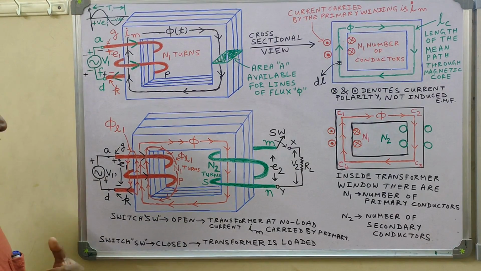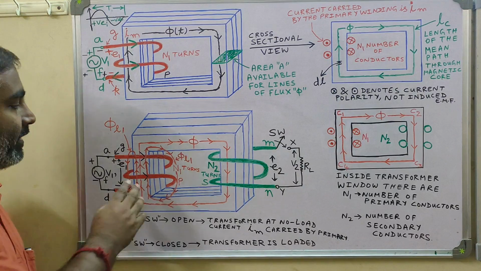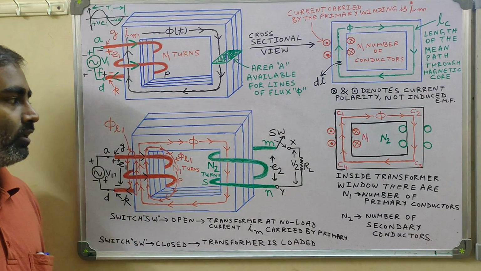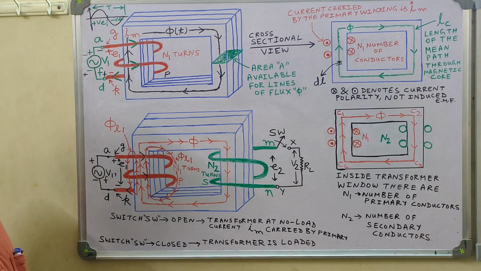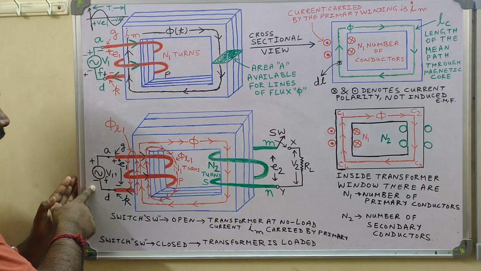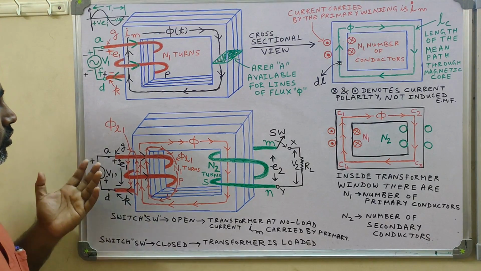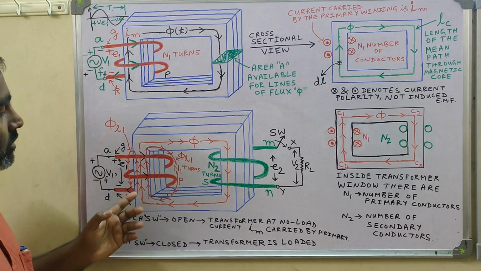Although you may dispute, or rather you may say, why use the words primary and secondary? These words primary and secondary will have their meaning only as long as the transformer is in working condition, or operating. If the transformer is not operating, in that scenario the alternating voltage source will not be connected to the primary winding.